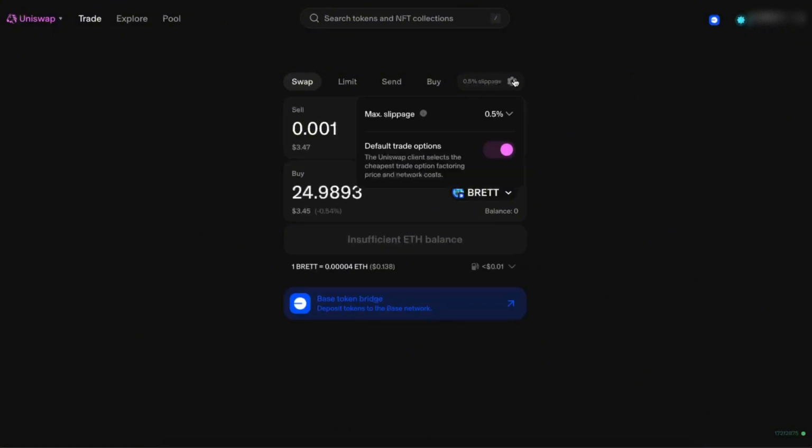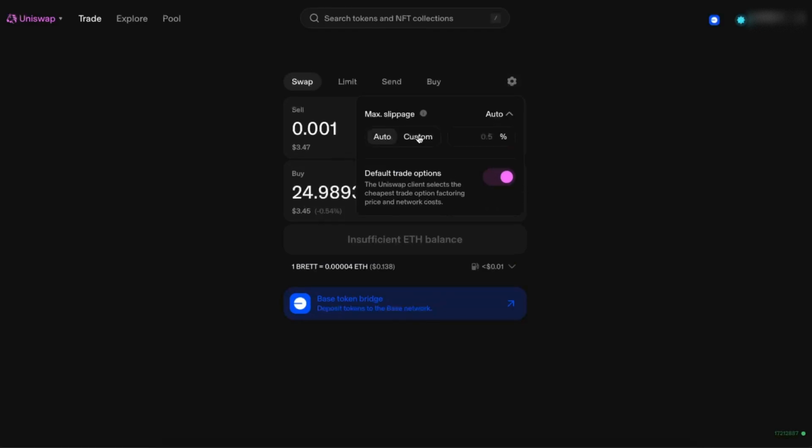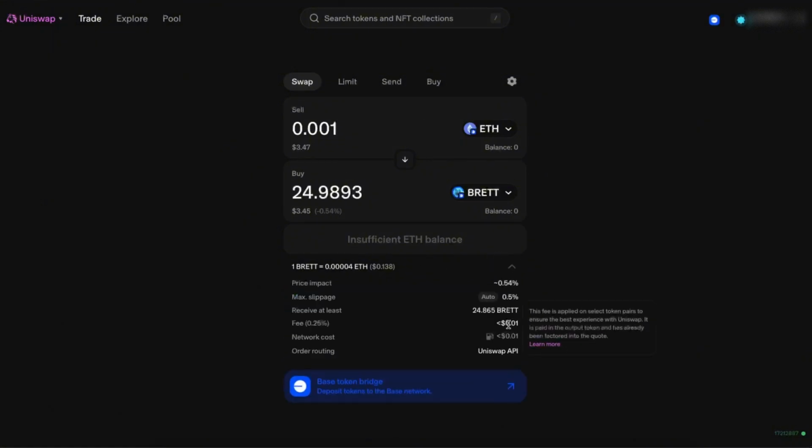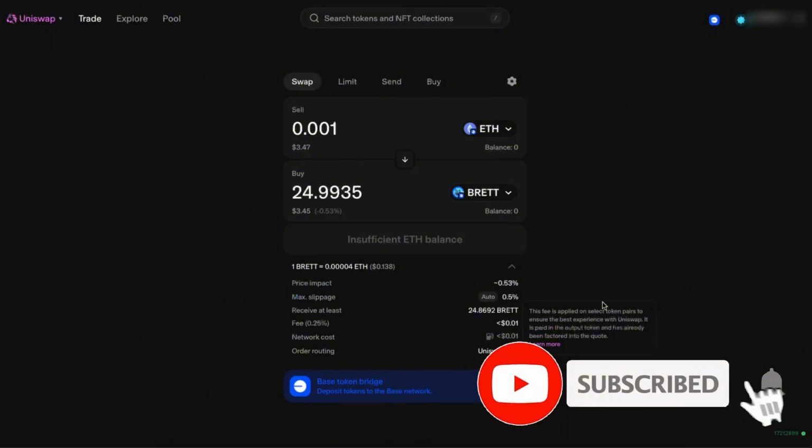You can also go ahead and choose a max slippage. You can do an automatic one or a custom one. So the max slippage is basically that your transaction will revert if the price changes unfavorably by more than this percentage. So you can always leave it on auto if you want to. And that's basically it. That's how much gas fee is. As you can see from base network, the fee is much less than it would be on, for example, Ethereum network. And that's how you